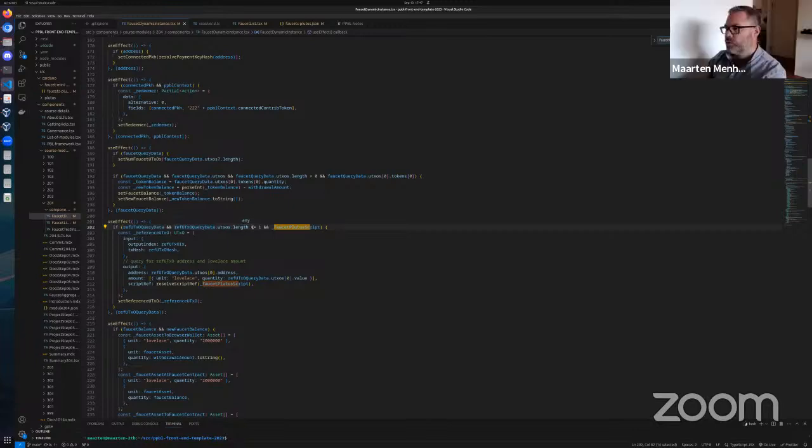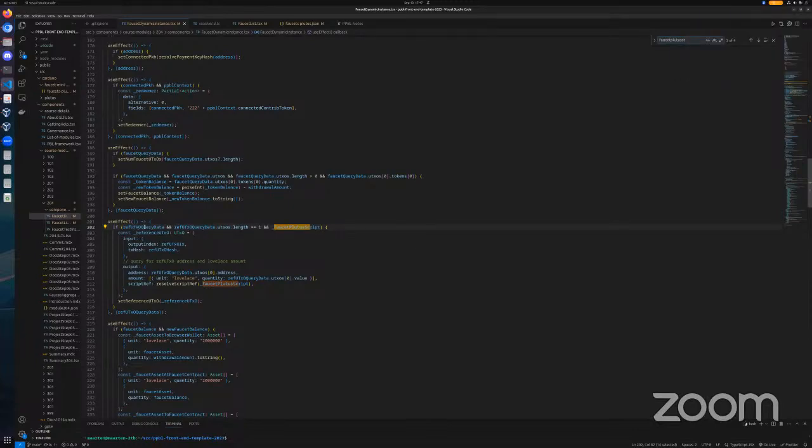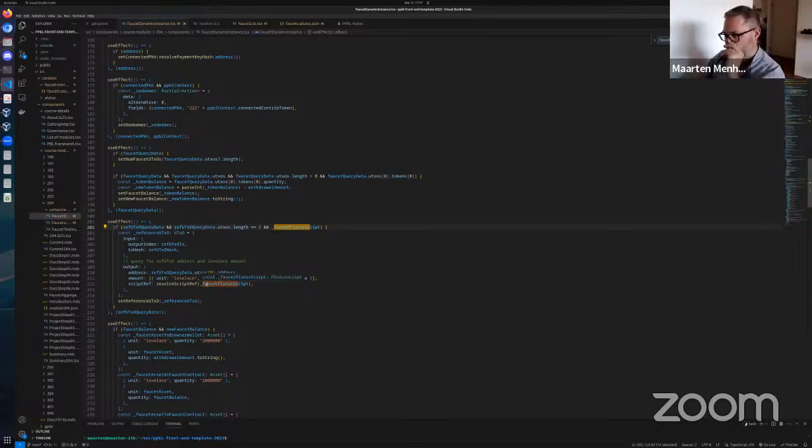Equals 1. Yeah, that's okay. But wasn't the problem that faucet Plutus script was undefined? Wasn't the problem that the code part was undefined? Remember how that was an object? This one. Yeah.